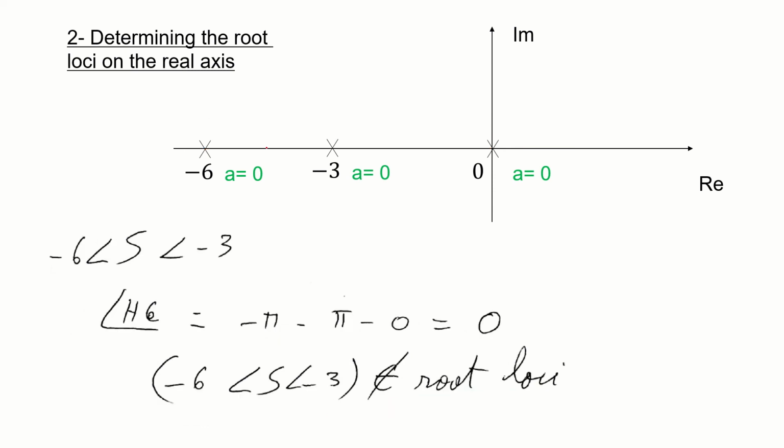We'll do the same for a point which is here. So of course, s minus s1 has an angle of 0, s minus s2 also has an angle of 0, and s